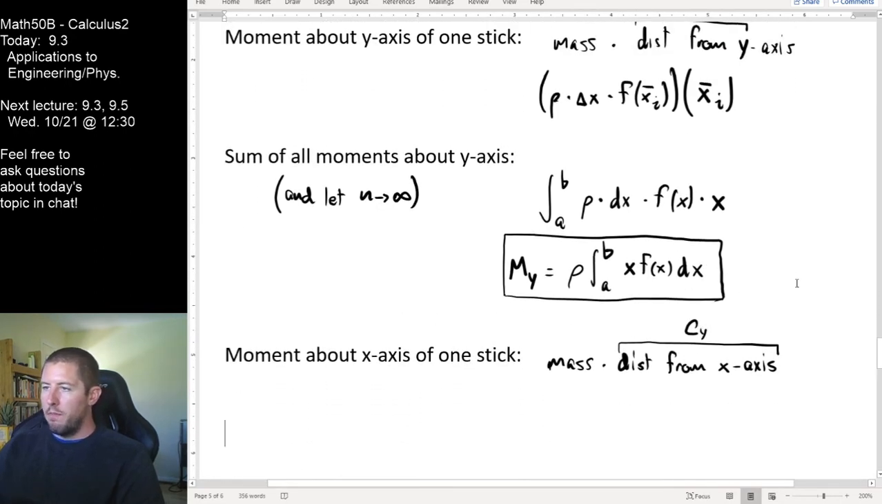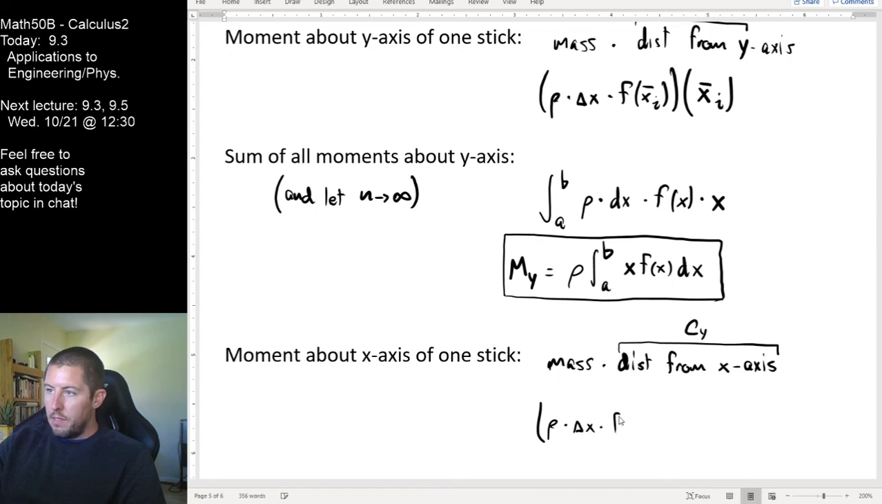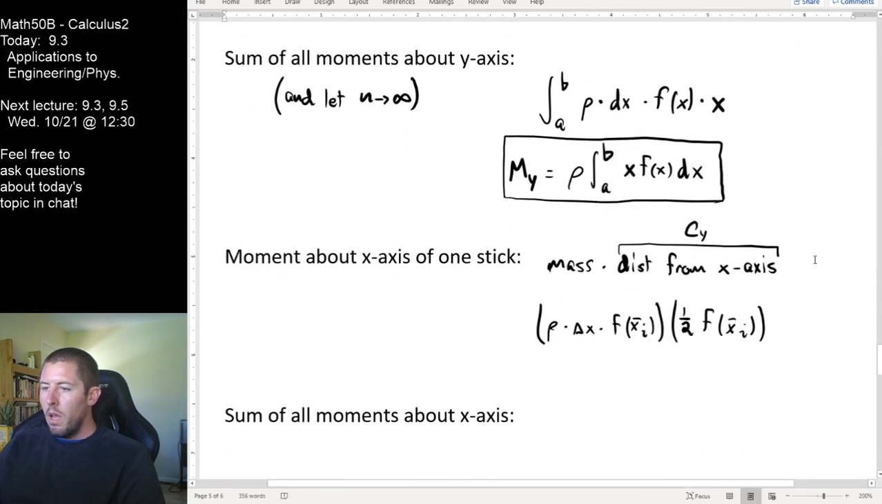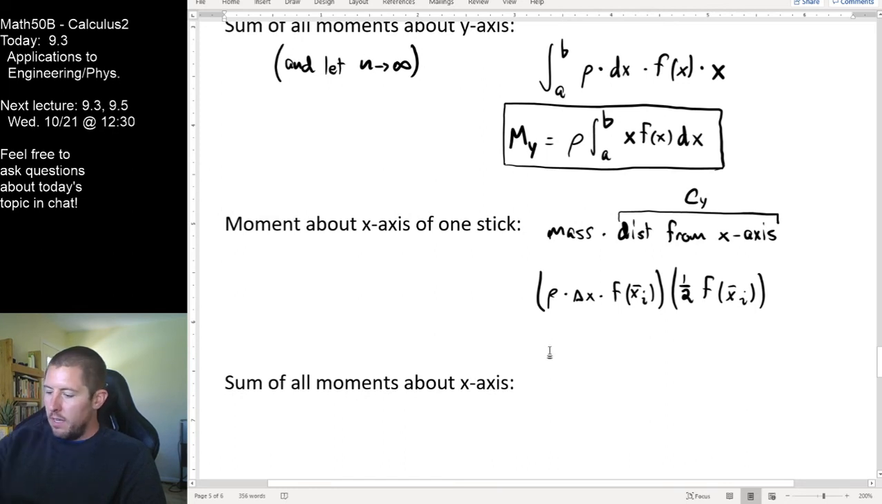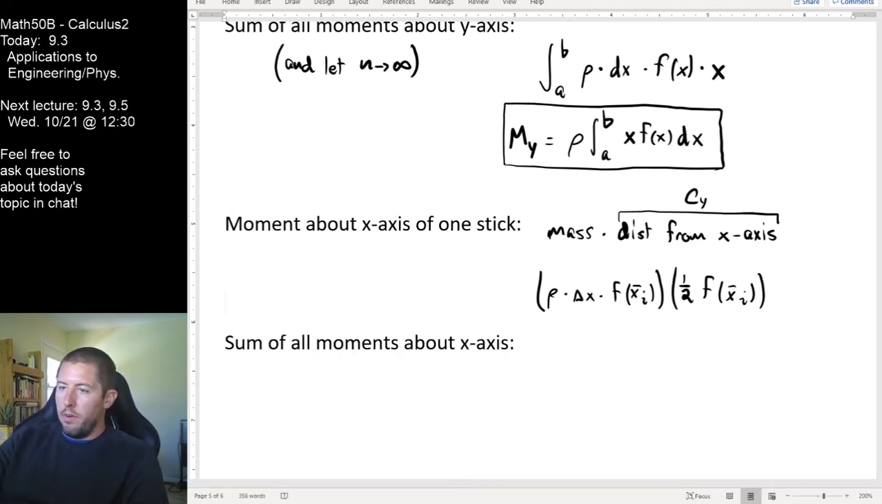So again, kind of following our pattern from before, our mass is still going to be rho times delta x times f of x sub i bar. That's the mass of every single Riemann stick. But the distance from the x-axis is different than the way that we measure the distance from the y-axis. Here, our distance from the x-axis of the center of mass of that stick is half of that function value, the height halfway in between right there, the x bar value. And so now if we want to add up all these moments about the x-axis, we'll say again, and let n go to infinity,